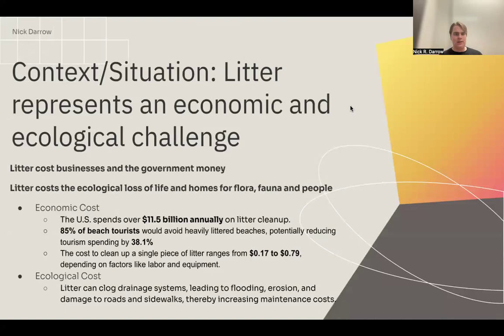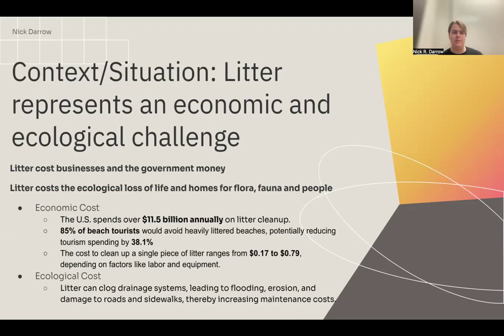So to set up a little bit of context, litter represents a major economic and ecological challenge. The US spends over $11.5 billion annually. Most of that is allocated to private businesses, about $9.1 billion, and then the rest of it goes to state and local governments to cover for it. According to a survey, 85% of beach tourists avoid heavily littered beaches, potentially reducing tourism spending by